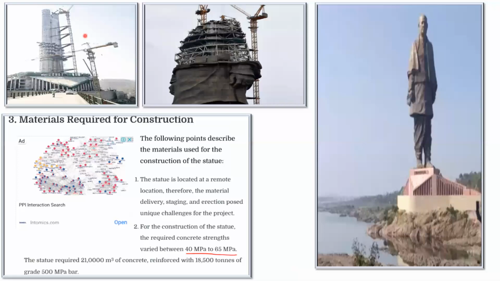When you're constructing a normal structure like a G+1, G+2, up to G+3, even let us say G+4, then we don't require to think so much about all this concrete mix design, right? But imagine you're constructing a statue, something like the Statue of Unity, where the strength of the concrete is somewhere close to 40 to 65 megapascal, that is 40 to 65 Newton per mm square. So in that case, you cannot simply prepare a concrete and try to pour and finish this complete construction. You need to understand how the concrete mix design is prepared.